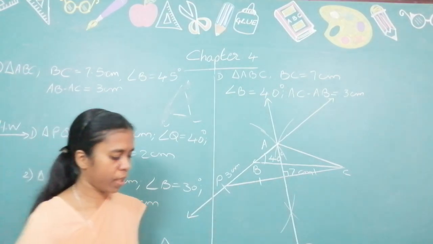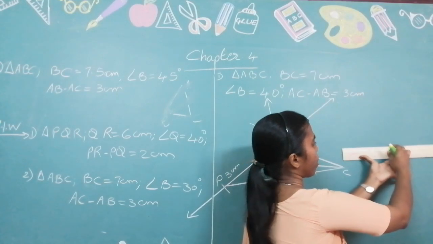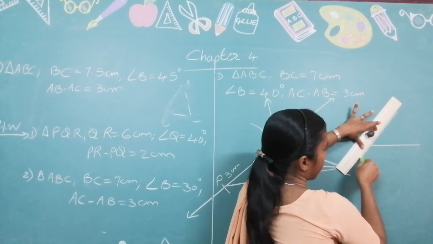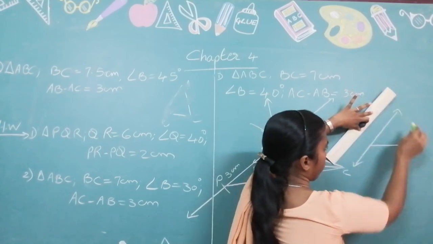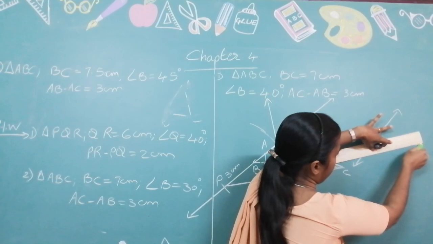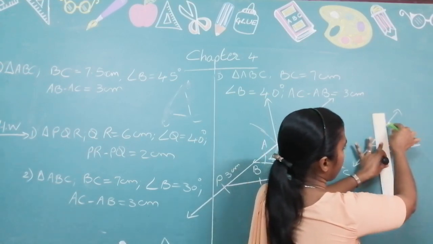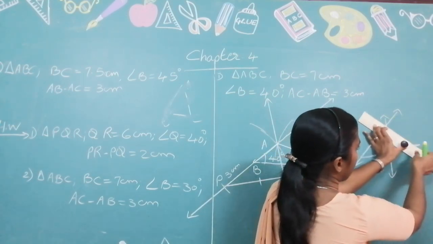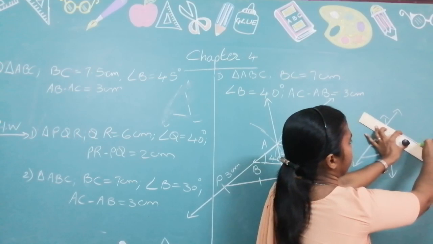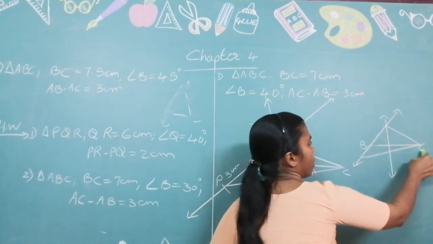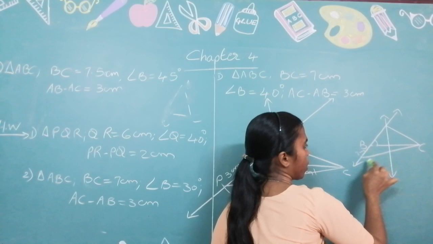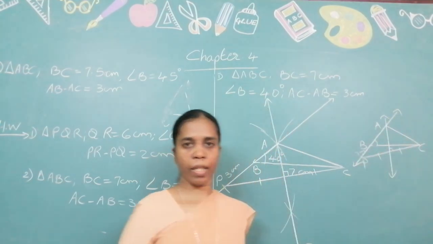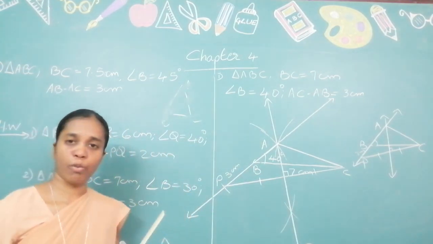Now you can draw the rough diagram. When you draw the rough diagram, you know you have a base, you have an angle, but that is extended below. Then you are joining from there to here, and then you are drawing the perpendicular bisector of it, and then you will be getting the required triangle from there. So this was your BC, this is the angle, this is 3 centimeter, this is your P, this is your perpendicular bisector, and this is your A. That is how you do the rough diagram.